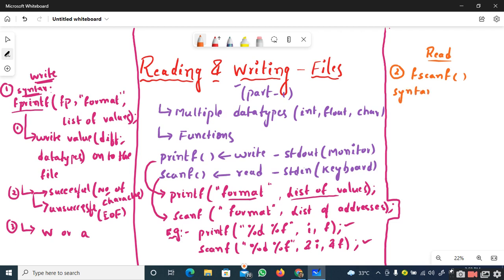Let me give you the syntax for this fscanf function. The syntax for fscanf has three parameters. The first parameter is obviously the file pointer as it is in fprintf. The second parameter will be the list of format specifiers, and the third parameter will be the list of addresses.